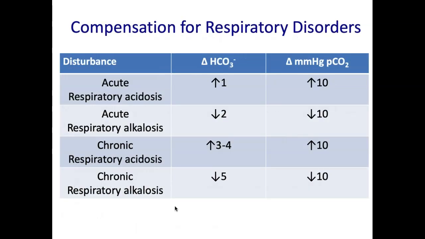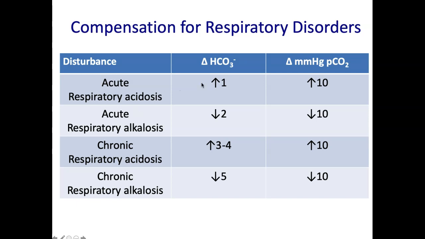Okay. Now, what's the proper metabolic compensation for these respiratory disorders? Now, this is a somewhat complex table, but I think it's worth memorizing, and I think I have a way to get you to memorize it. So there's one thing to take note of. You can have an acute respiratory process and then a chronic respiratory process. Acute respiratory process, think about something happening over numbers of hours, whereas chronic respiratory process, now we're talking about days and days and weeks, okay?